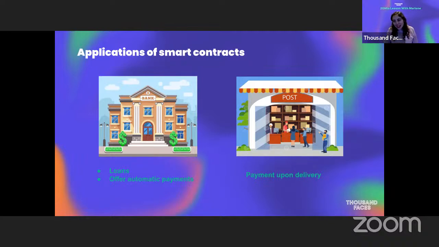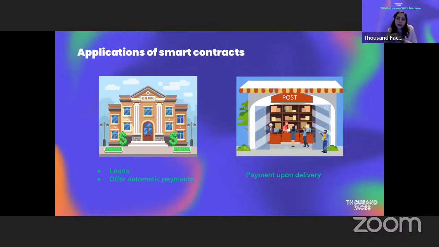As we said, smart contracts are very similar to regular contracts and they're digital. The first place that I will point out to think about applications of smart contracts would be with banks. We can think about scenarios where nowadays, if you want to buy some property or if you want to study something and you need a loan, often we go to the bank to lend us money. What a smart contract can be useful for in this case is that often they give you the loan and you have to pay it back when a certain limit is